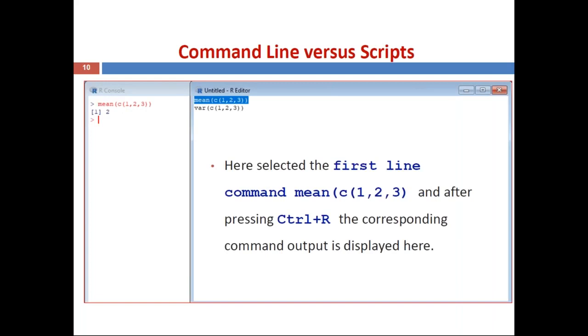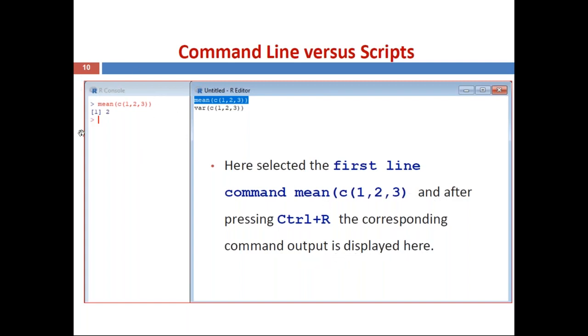Now you can see how this works. Here you can see, first I have selected, or highlighted, the first command, mean of c(1, 2, 3). After highlighting, and after pressing Ctrl plus R, the corresponding command output is displayed here.